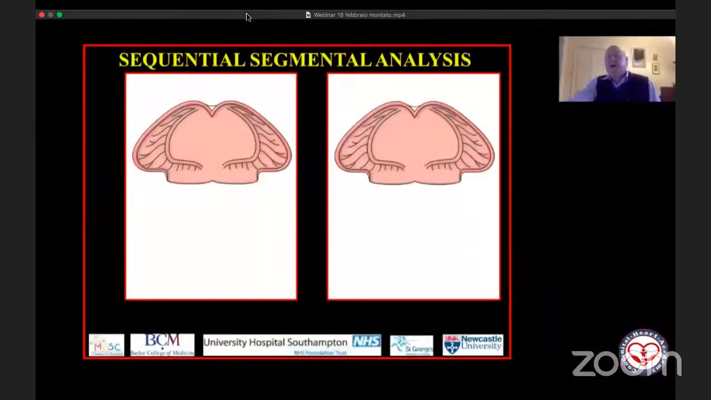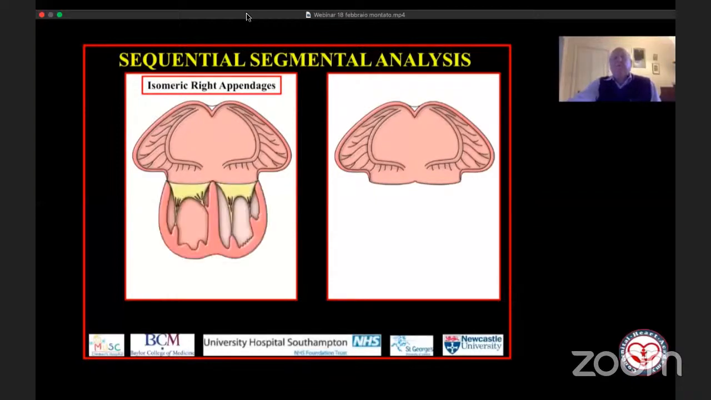So what we've described to you thus far are concordant or discordant atrioventricular connections, and they are biventricular atrioventricular connections. Now I'm showing you here two images showing you, I hope you recognize now, isomeric right atrial appendages. Why am I showing you a right-handed image and a left-handed image? Because if we have isomeric right atrial appendages, then if each atrium is connected to its own ventricle, it doesn't